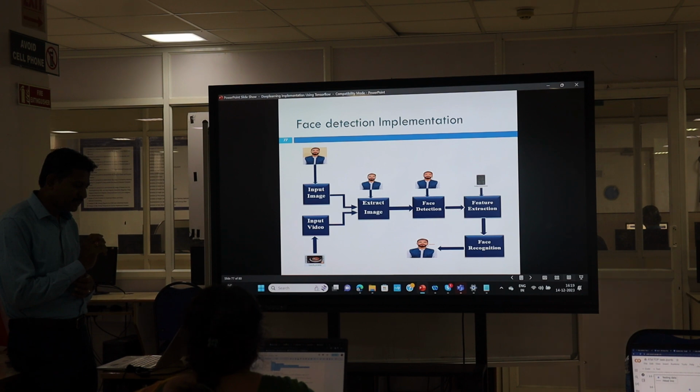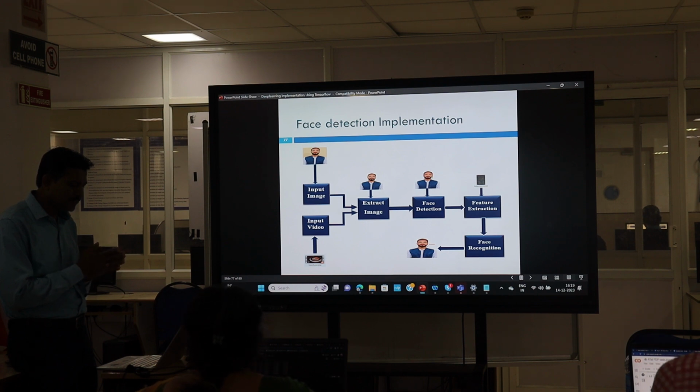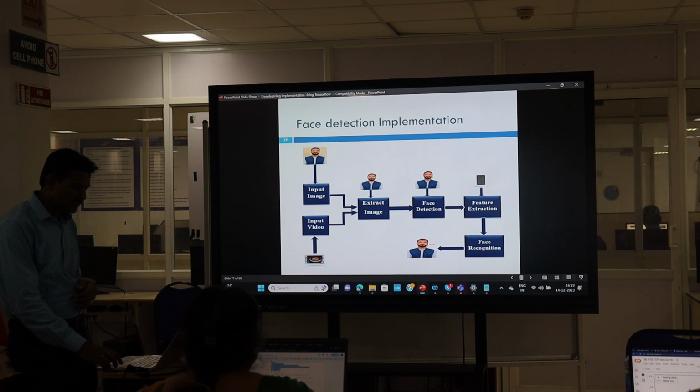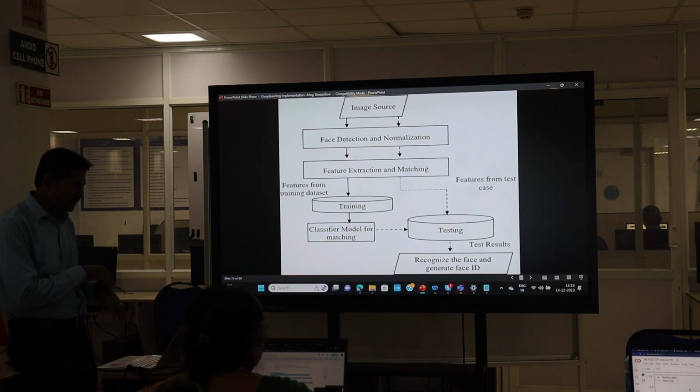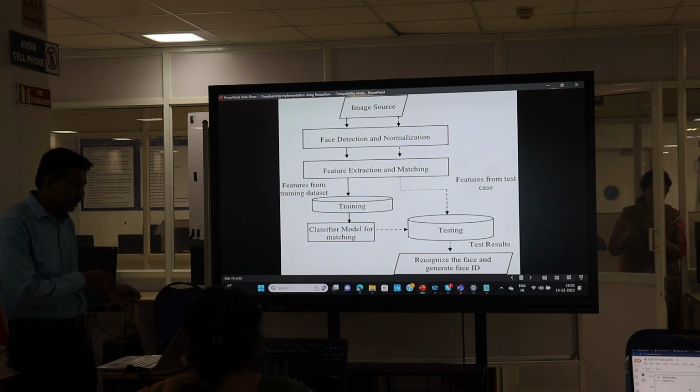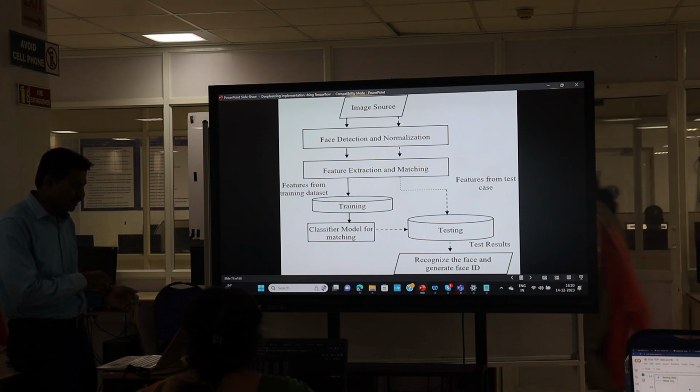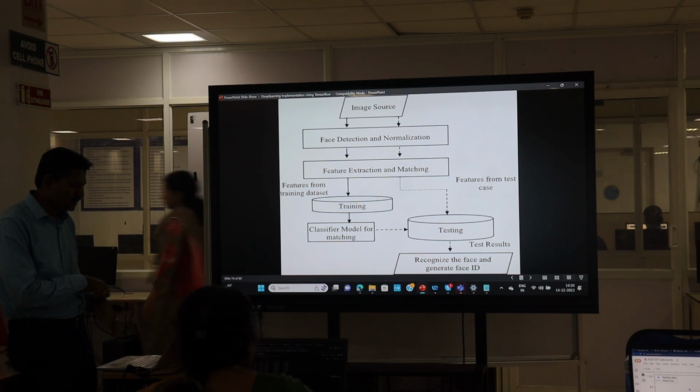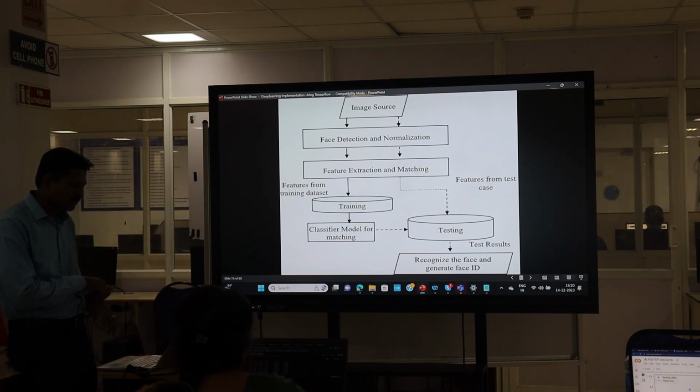For face detection, you have face extractions, there are classification extractions, then finally a face recognition will be there. So this is the flow chart actually. The image source will be given to the face detection and normalization module, and then the output will be given to feature extraction and matching.